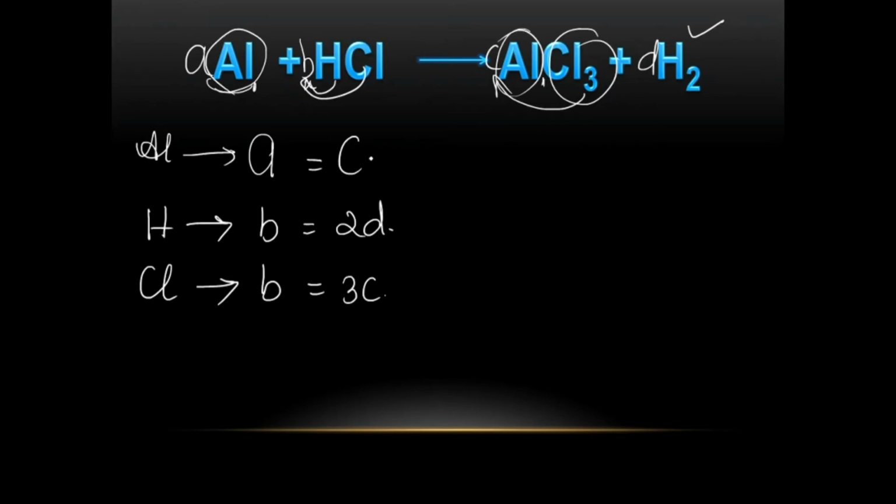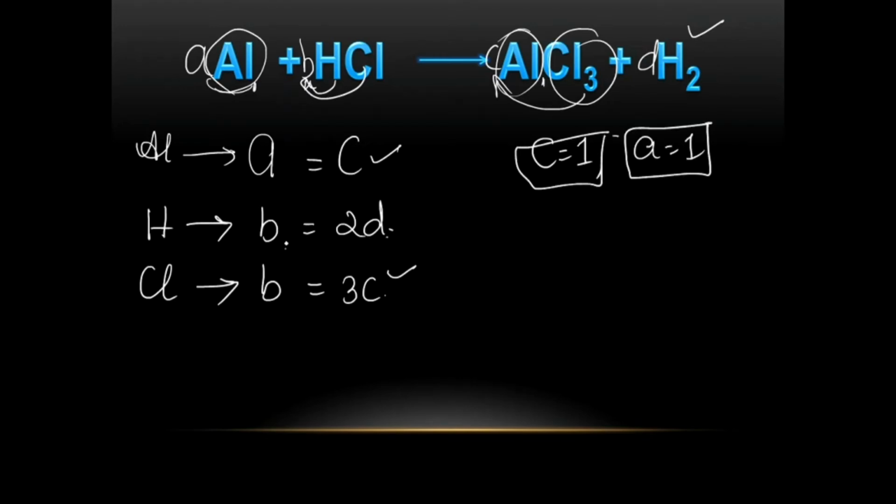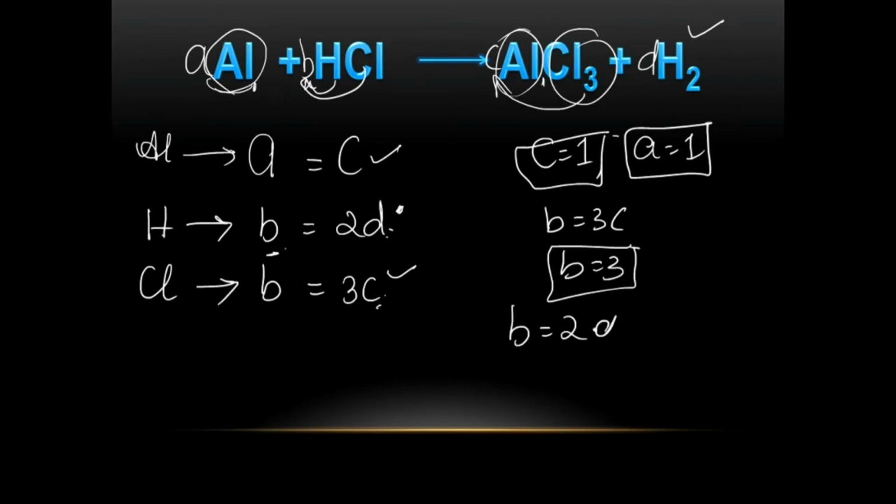Okay, so which has occurred 2 times here? C. So let us take C equal to 1, A equal to 1. Done, we got it here. Then D and B both we don't know, we'll keep it pending here. We'll go to B equal to 3C, so B equal to 3. Yes, done. Then how about D? B equal to 2D from this equation. B here is 3. This 2 you bring down. D value also we got. Done. We got A, B, C, D. We'll now substitute. Don't worry about the fraction children. We'll handle it.